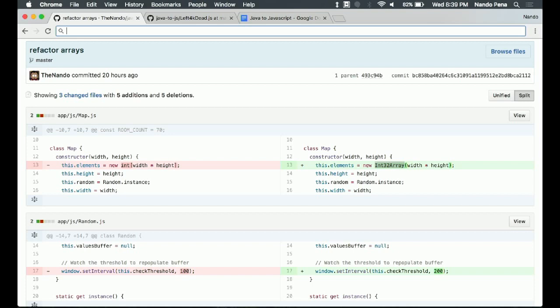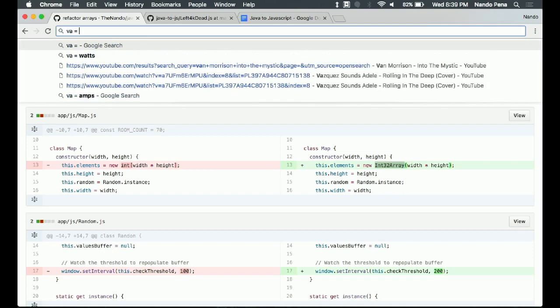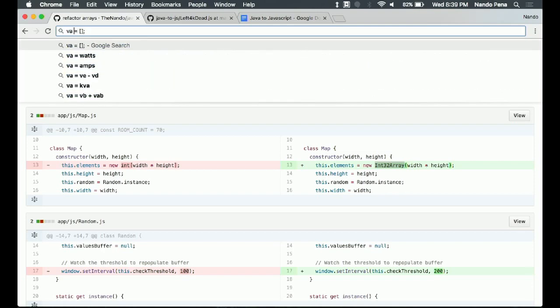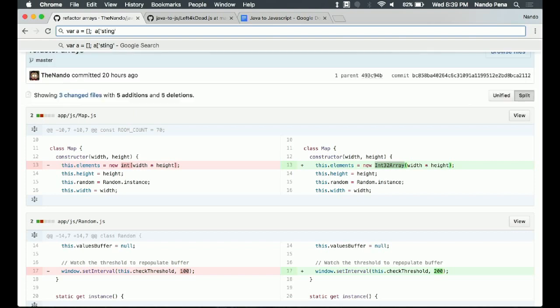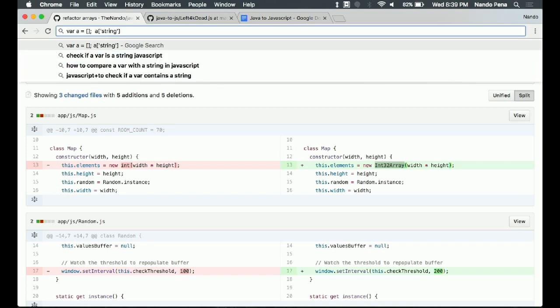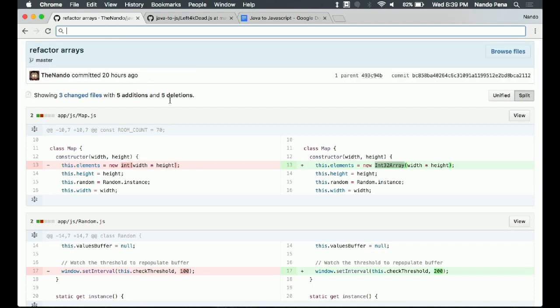It's as soon as you try to use it as an object with an object accessor method, like this is technically valid JavaScript. I can say var A equals this empty array, and then I can access it with a string, and I can technically store something there in that string as well, because under the hood they're all just objects, and JavaScript applies particular patterns based on the way it thinks you're using the object. So there's a bunch of goofy stuff you can do, but what it ultimately does is it costs you performance.